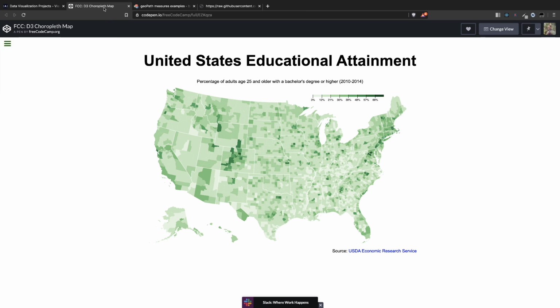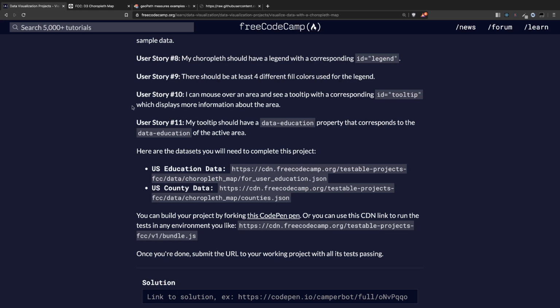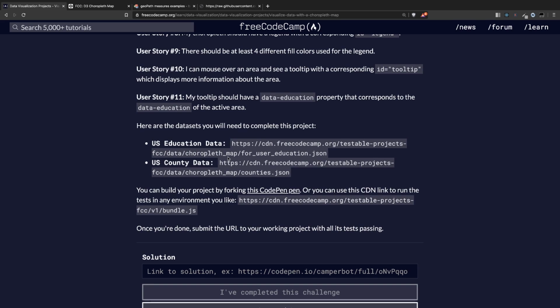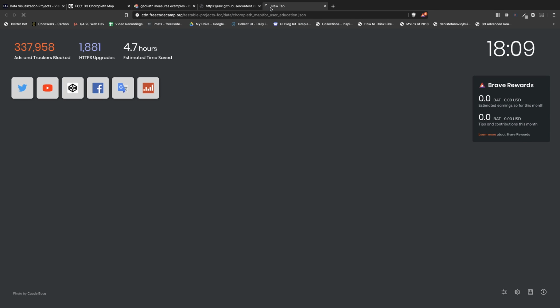We need to create custom shapes. And for that we have 2 JSON files. One has